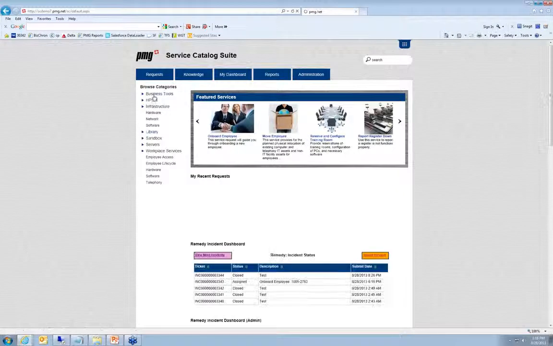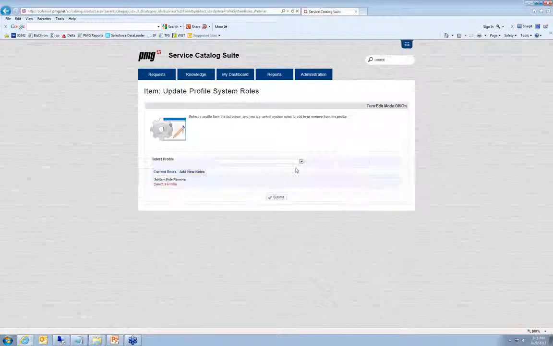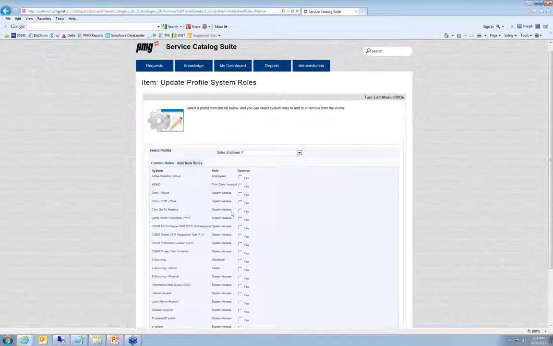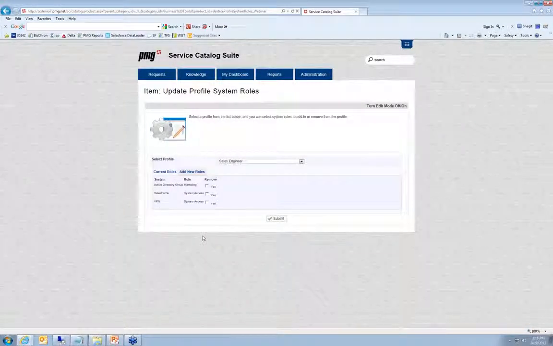But for our example, let's say that the administrator made a mistake, or has decided a little bit later down the road that they want to change what roles are associated with this profile. So a user comes in, selects a profile for Sales Engineer 2, which has a lot of roles. Let's do Sales Engineer 1. And we have the marketing,